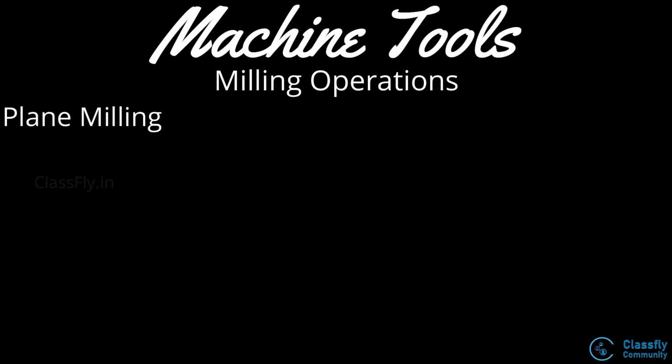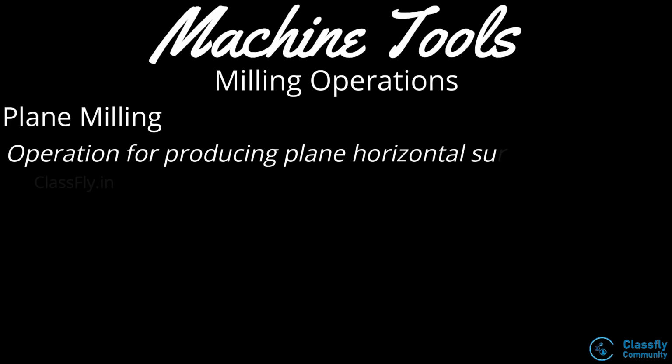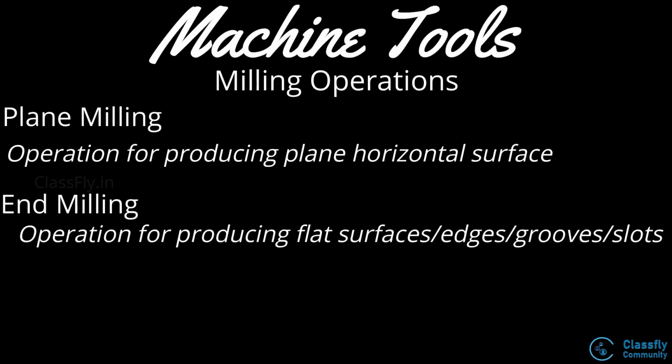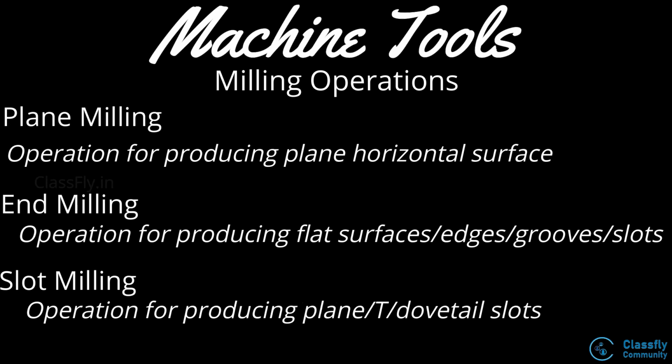We then studied the different milling operations, that is plane milling, which is the operation for producing a plain horizontal surface, end milling, which is the operation performed for producing flat surfaces, slots, grooves, or finishing the edges of a workpiece, slot milling, which is the operation of producing various types of slots such as T-slot, plain slot, or dovetail